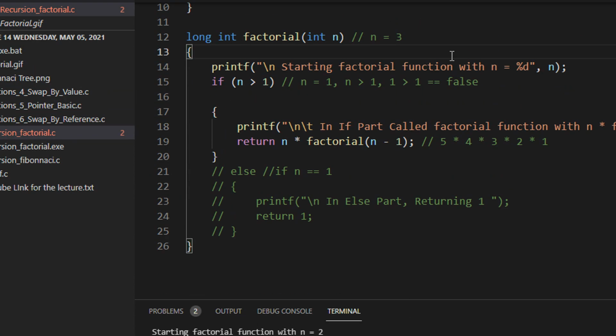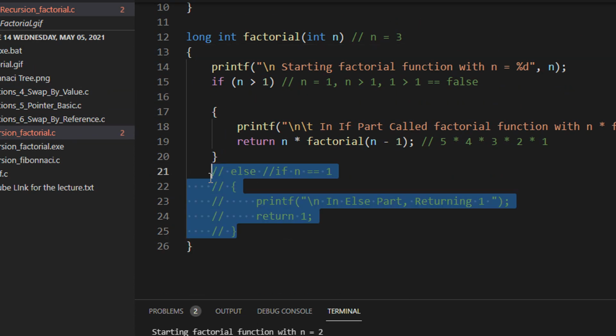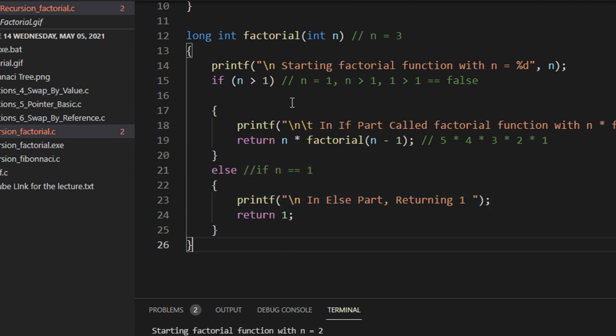Actually, this is not a good example to explain. Just keep in mind one thing: the function is calling the factorial function again and again. At some point, we need to stop the iteration.